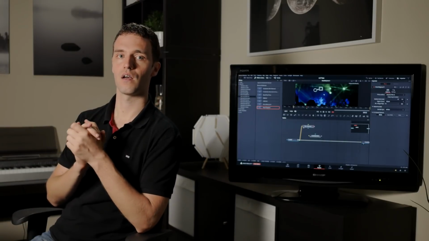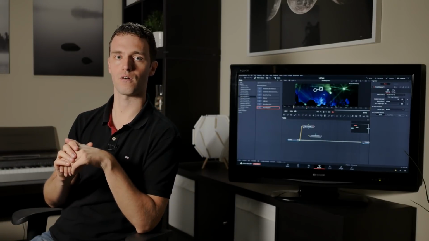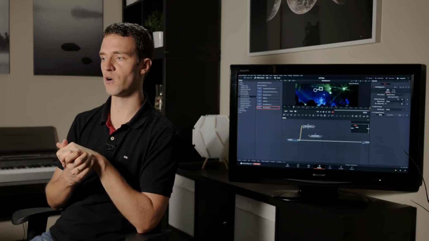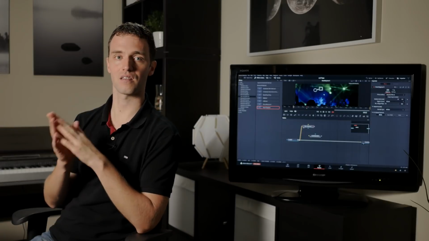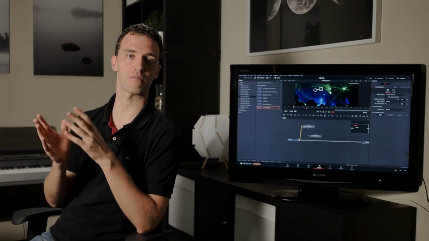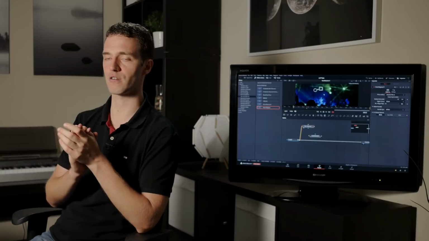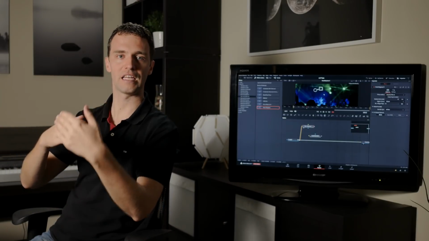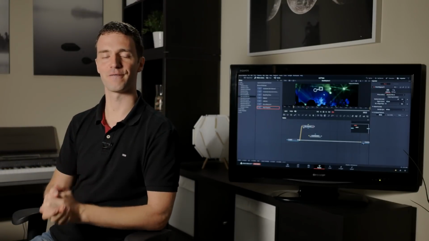So getting this stable and usable for even people who don't have the highest performance workstations under their desk, I think that was really the priority for Blackmagic Design, and I think that was the right priority. So I don't mind that the current improvements are more incremental rather than revolutionary.